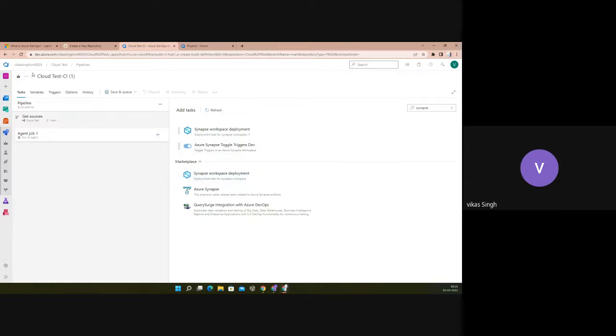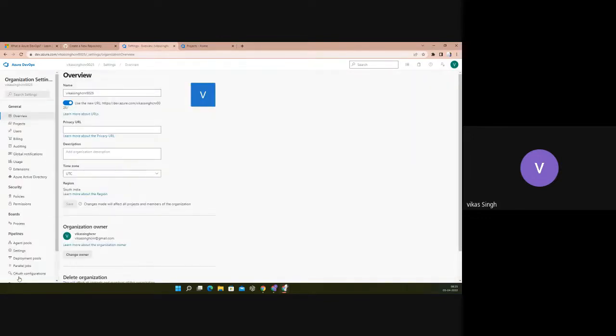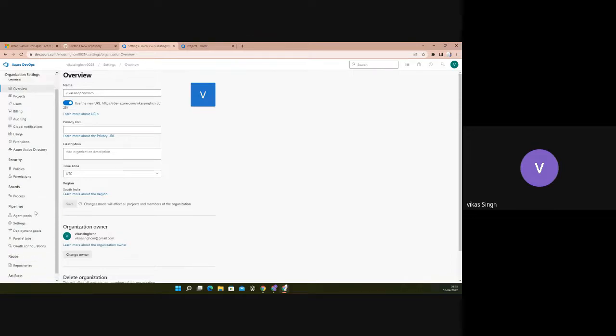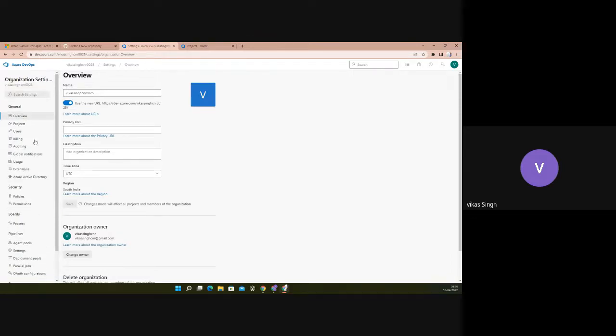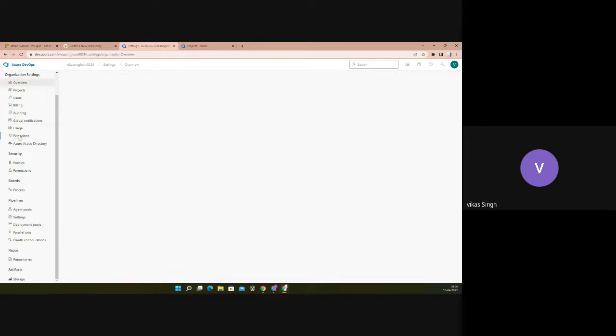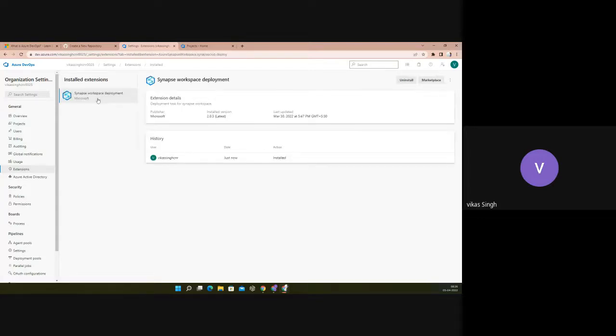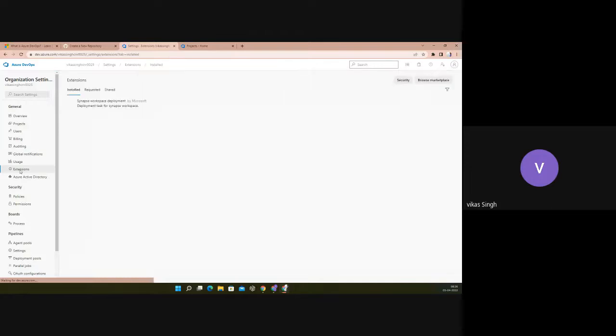So how to go to the marketplace? You can go to the organization, just leave, go to organization settings. Most of the things, not most, everything you will get in settings only. Okay. Is anyone able to see the marketplace? Right. I guess it is in extensions. Okay. Yes. Inside extensions, you can see what I have just installed, right? This is again a third party from Microsoft, but they are not managing this inside Azure DevOps. If you want to add something else, go to browse marketplace,